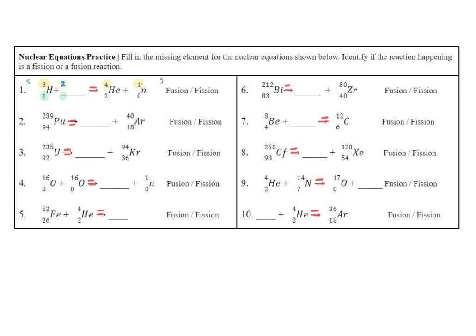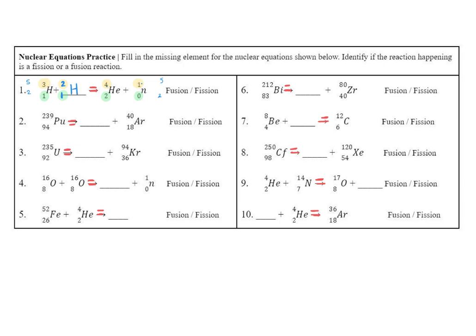I have a 1, we need a number here, we have a 2, and then a 0 because that's a neutron. It doesn't have an atomic number or a number of protons. So then I'm going to look on my right side. We have 2 plus 0, so the bottom number here is 2. I'm just writing these little notes off to the side to help me. So that means we need 2 on this side. So if I already have 1, this bottom number needs to be a 1. It's this bottom number that tells me what element symbol I should put from the periodic table. So if I look, there's only one element that has the atomic number 1, and that is hydrogen.